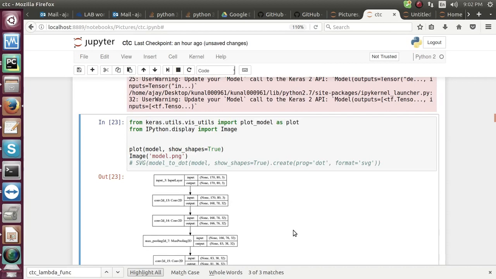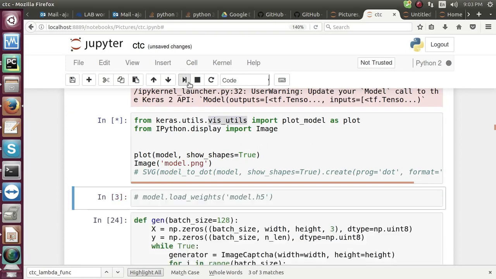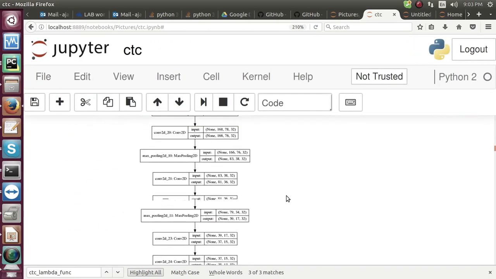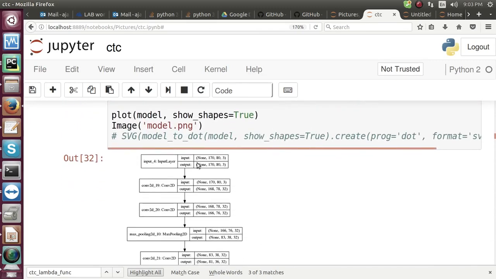Let me show you my actual model, because for getting an understanding of deep learning, it is easier to check it in the form of a flowchart, and it is very easy in Keras because I'm using the visual utility here. It will give me a plot of my model, and this is my model. Let me enlarge this. It is not getting enlarged anymore. These are the input layers. I hope you are able to see it.